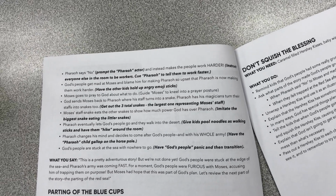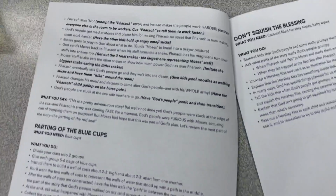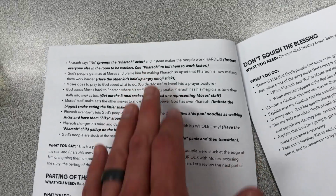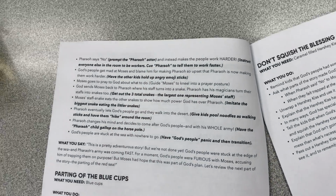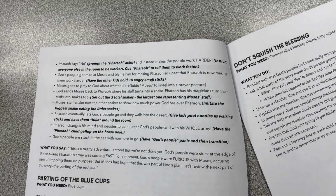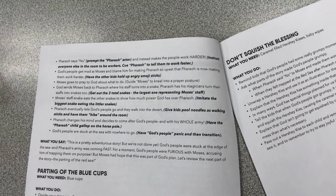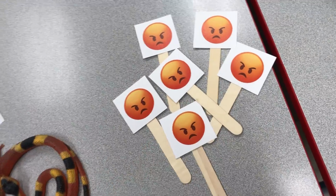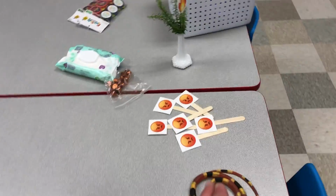Instruct everyone else in the room to be workers. You can go back to doing the building blocks, or they can be doing imaginary shoveling or something. And then you can have that Pharaoh actor say, work harder, work faster. Next, God's people get mad at Moses and blame him for making Pharaoh so upset that Pharaoh is now making them work harder. So you have a bunch of these angry emojis on little craft sticks. So you can have the kids that are doing the building blocks hold those up